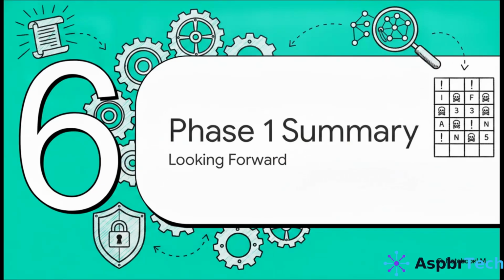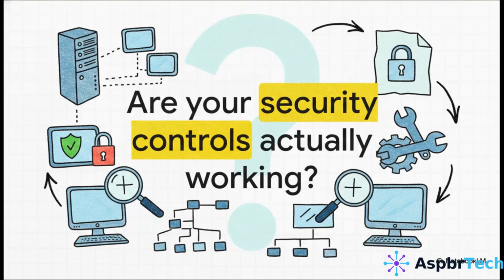And finally, Section 6, the road ahead. Well, that brings us to the end of Phase 1 of our blueprint. By defining our scope, establishing some real baseline visibility through those core PowerShell cmdlets, and mapping our initial vulnerabilities into a practical risk matrix, we've successfully knocked out the planning phase. We have laid the groundwork, but the real test is still coming up. Our next step is moving directly into hands-on configuration testing and validation in Part 2.